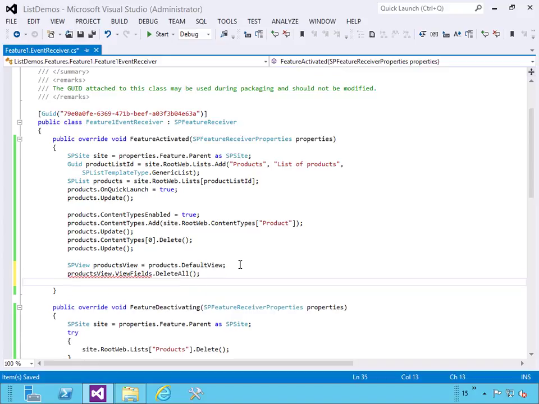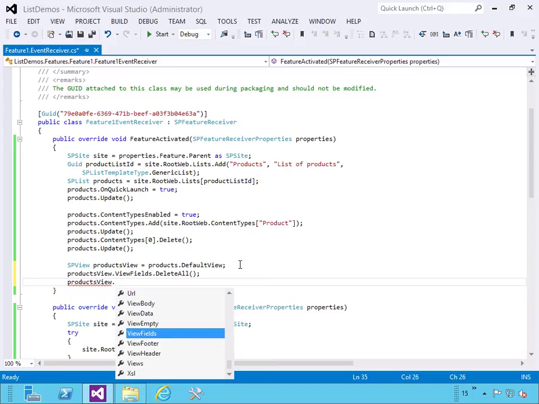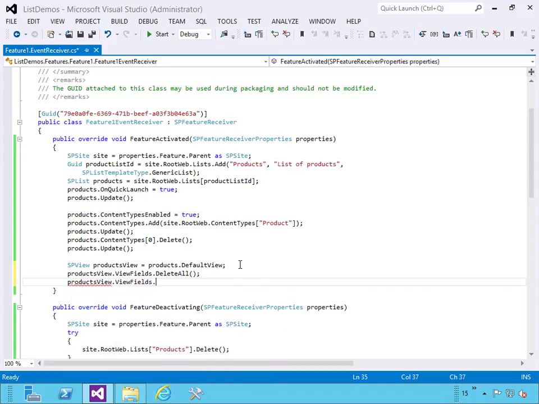I'm basically going to start over. And now I need to figure out what fields I want to put in there. So what I'm going to do, I'm going to call products view dot view fields dot add,